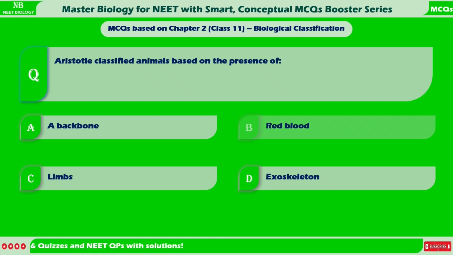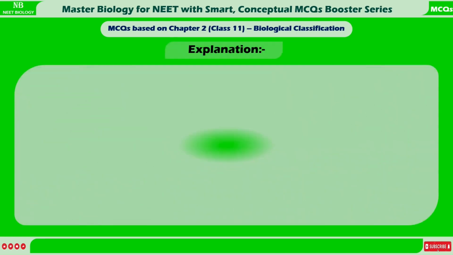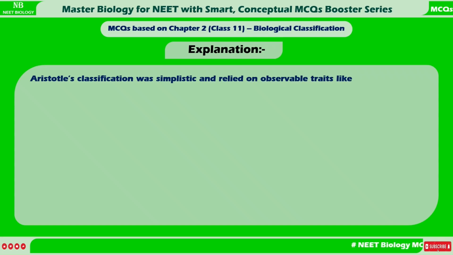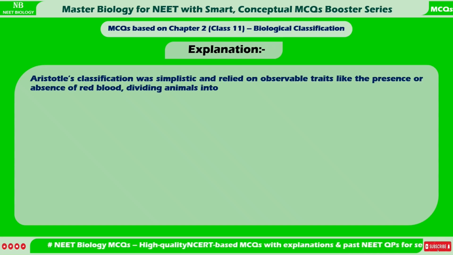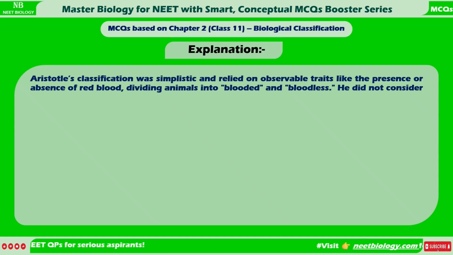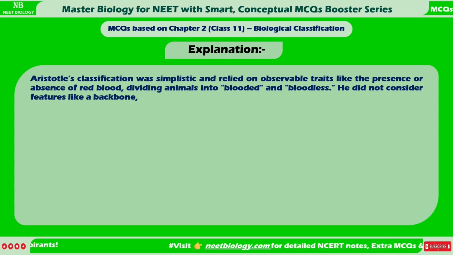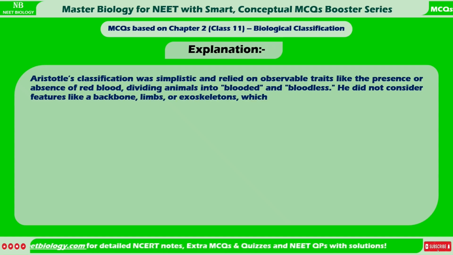Correct answer is B. red blood. Explanation: Aristotle's classification was simplistic and relied on observable traits like the presence or absence of red blood, dividing animals into blooded and bloodless. He did not consider features like a backbone, limbs, or exoskeletons, which are part of more